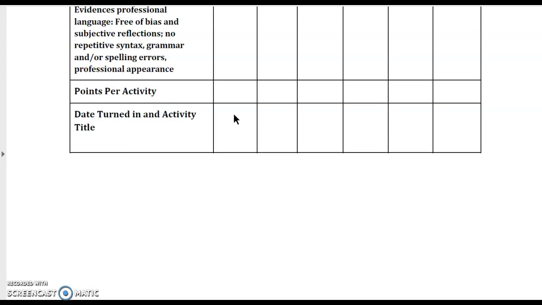You would put 9/13, and then you would put the activity that you are turning in from Group 1. So if the activity that you're turning in from Group 1, let's say, is an observation, you would put 9/13, and then you would put observation, and then you would save it and